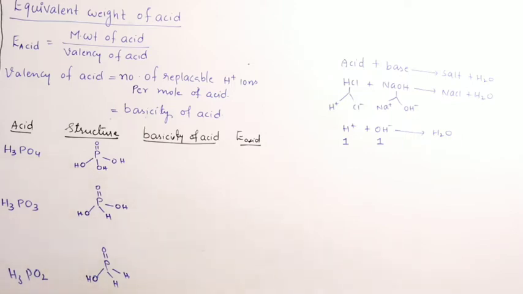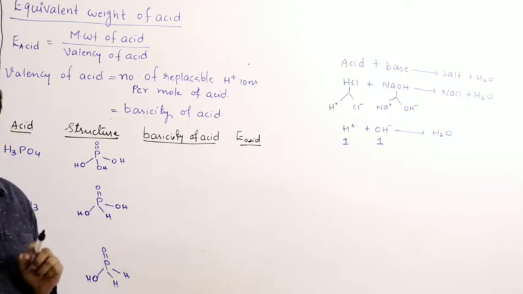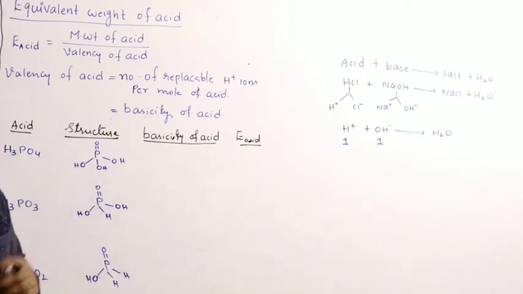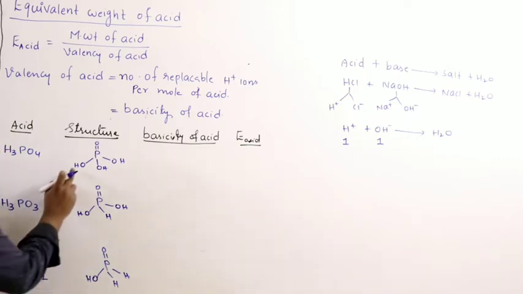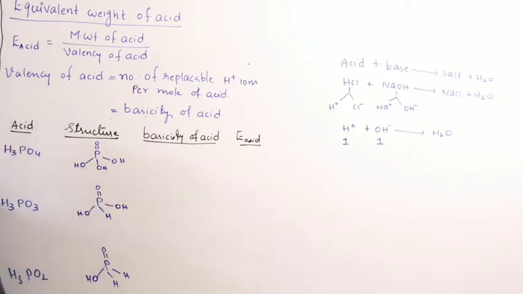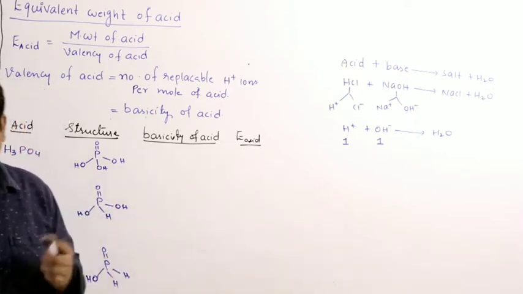Right. Let us see whether it possesses any acidic hydrogens or not. What are acidic hydrogens? Hydrogens which can be removed as H+. Which hydrogens can be removed as H+? The ones which are attached to more electronegative atoms. Here, hydrogen attached to oxygen, hydrogen attached to oxygen, hydrogen attached to oxygen. There is only one type of hydrogen, which is attached to oxygen. Is it acidic? Yes, because oxygen is more electronegative.